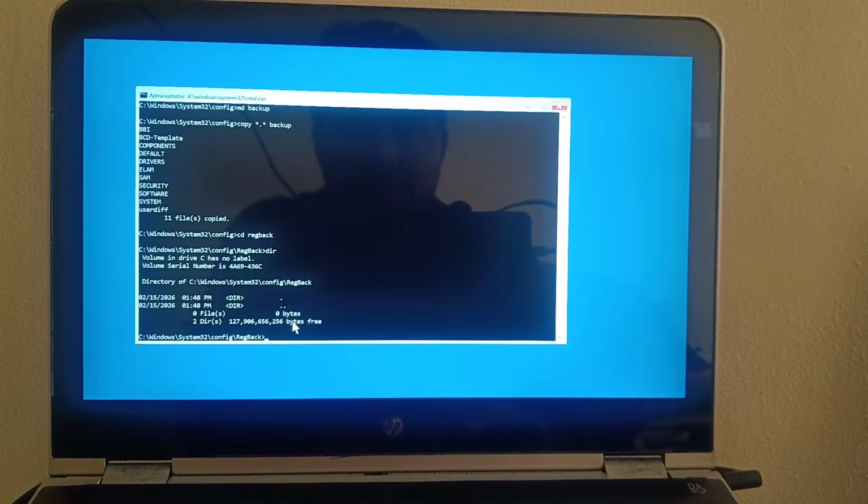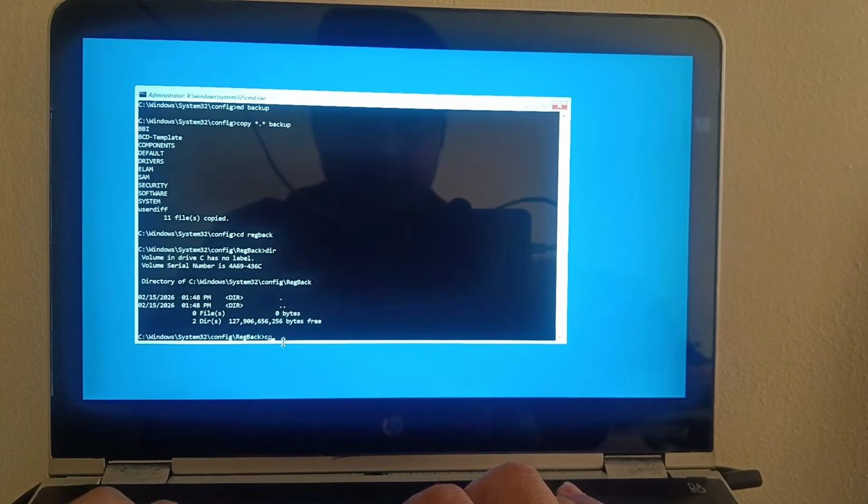But if you find those folders with valid numbers before those, like 124,000, but if you have 00 before the default, SAM, security, software and system files, then you can exit out, you are not able to execute the next command. But if you have valid numbers before these five registry files, you need to